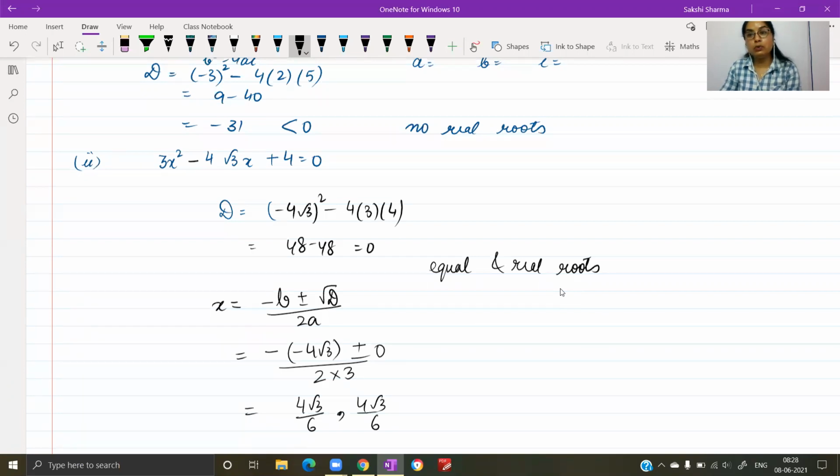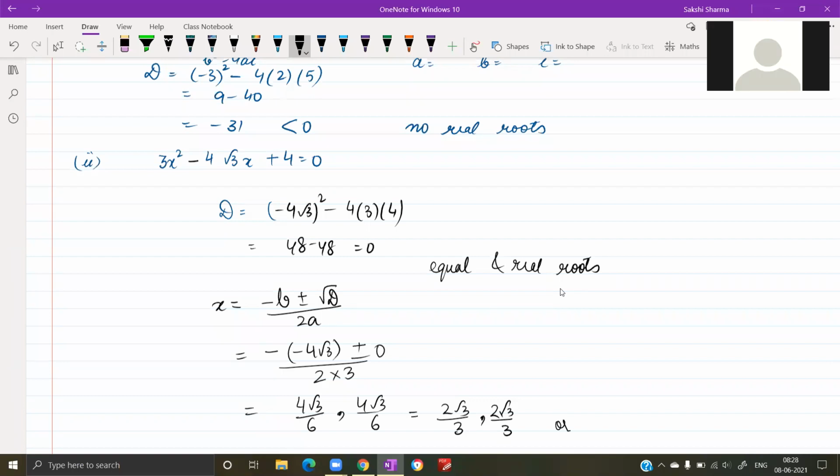So you will have two equal real roots. You may simplify these. The answer given at the back of the book is in the form where your denominator is irrational. So if you rationalize the values given at the back, you will get the same answer. This answer will be considered correct, or you could simplify it further. Root 3 can be cancelled with 3 in the denominator, so you will have 2 by root 3. You could give the answer as such, or you can give it this way. Both are correct.